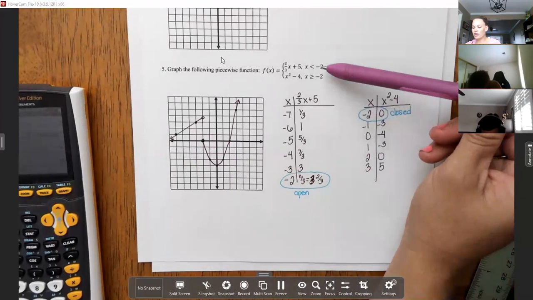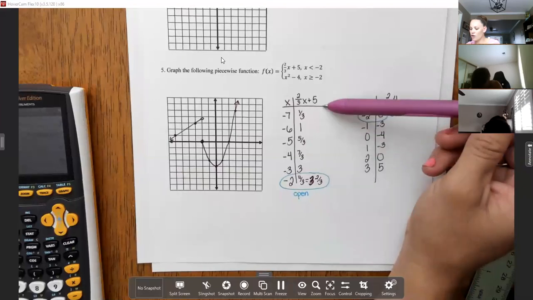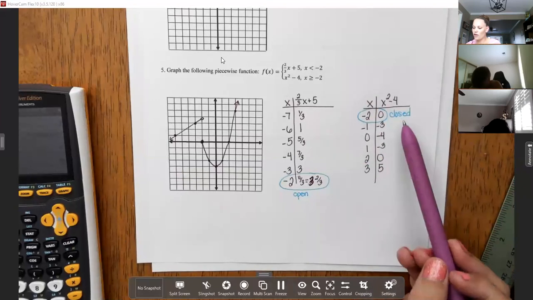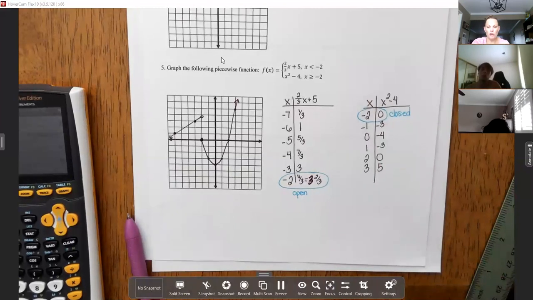So on a piecewise function, and we'll do more of this tomorrow, you make your tables, you fill them in, and then you decide if those boundary points should be open or closed. So with that,